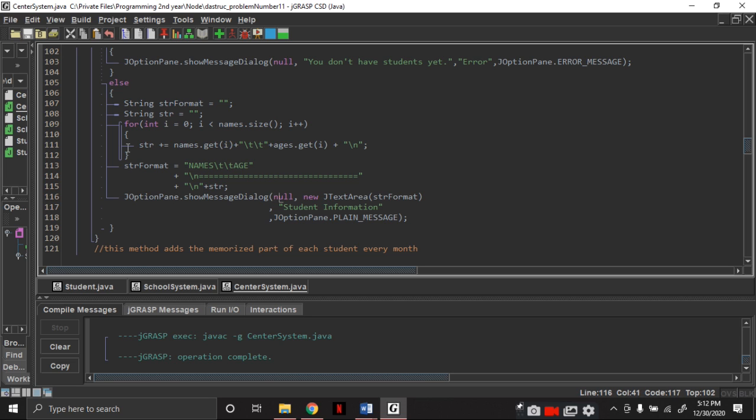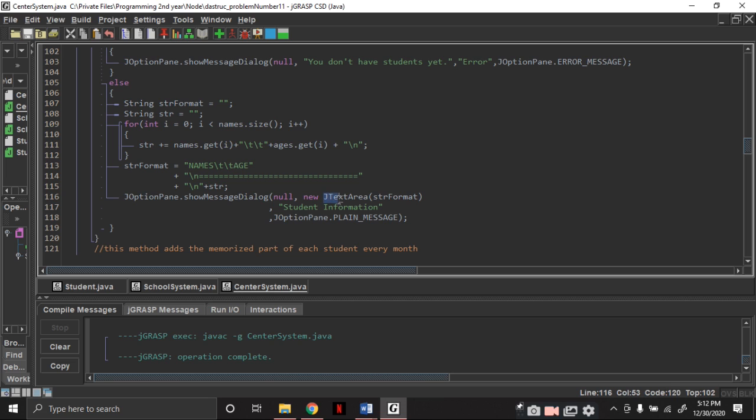I call the str and str format here. And if you're wondering why I use new JTextArea, it's because the backslash t doesn't work on a normal JOptionPane.